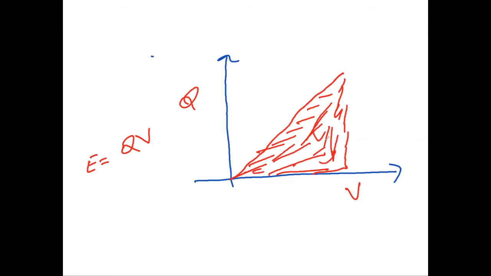So if your potential is this V1, and the charge stored on the capacitor is Q1, then the energy stored will be this much, the area under the curve. If you want to find the area under the curve, it is Q times V divided by 2, because this is half of the rectangle. So you will put half. This much area will give me the energy stored in the capacitor. Got it? Yes, sir.